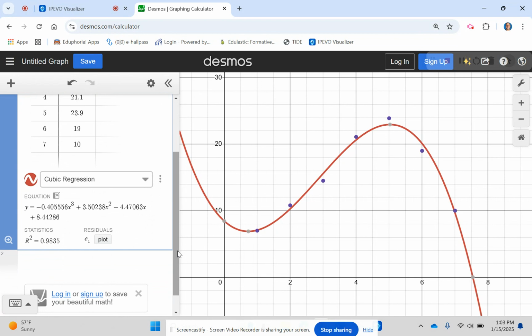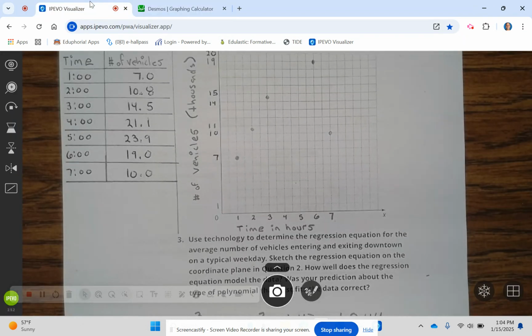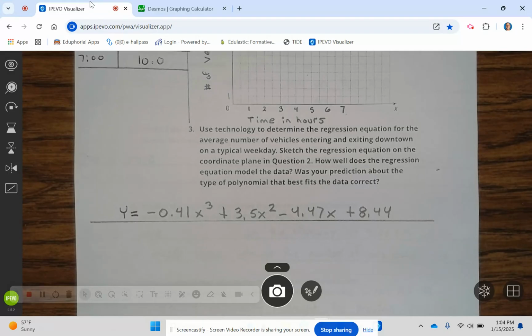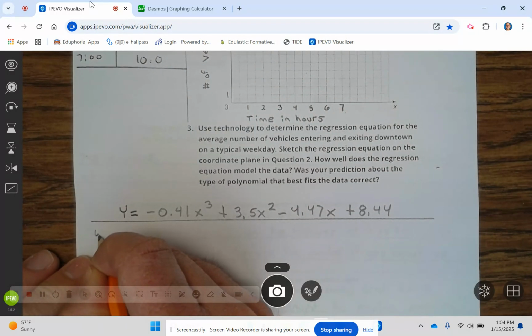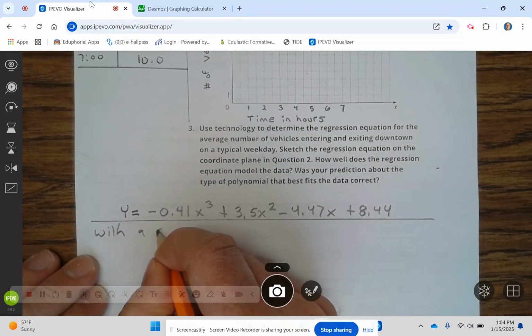Okay, and we're going to round to 2 decimal places. So that's, okay, so go ahead and write that down. And that's with a coefficient